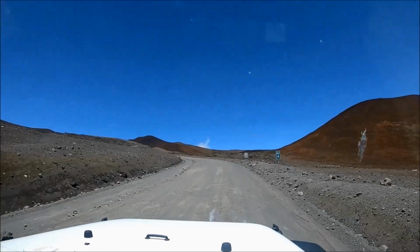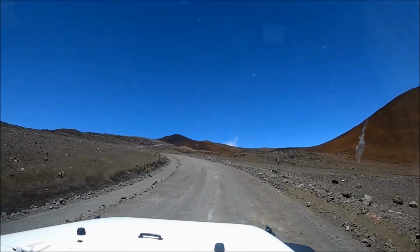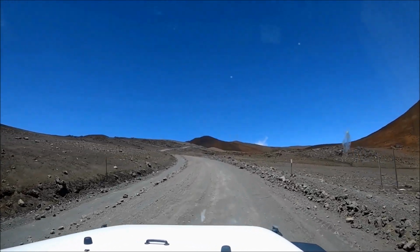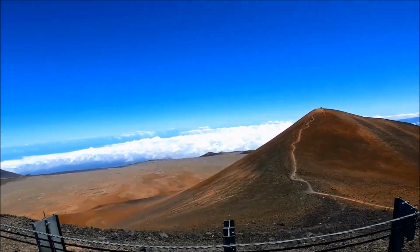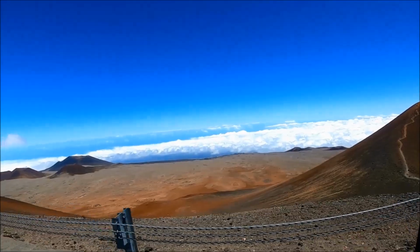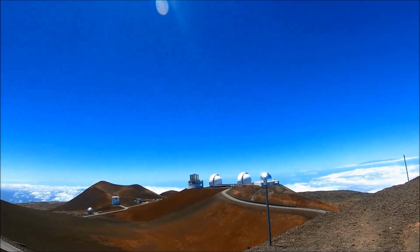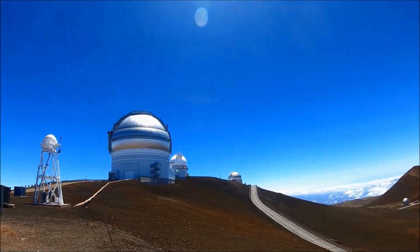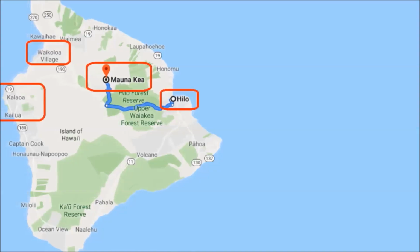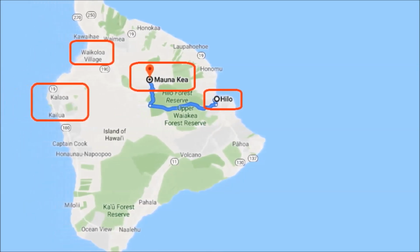Did you know that Mauna Kea is the tallest mountain in the Hawaiian chain and also in the world? The reason is that the dormant volcano on the island of Hawaii is mostly underwater. When Mauna Kea is measured from its base underneath the Pacific Ocean to its summit, it is 10,000 meters or 33,000 feet high, making it the tallest mountain in the world, higher than Mount Everest. From sea level, the elevation of Mauna Kea is 4,205 meters or